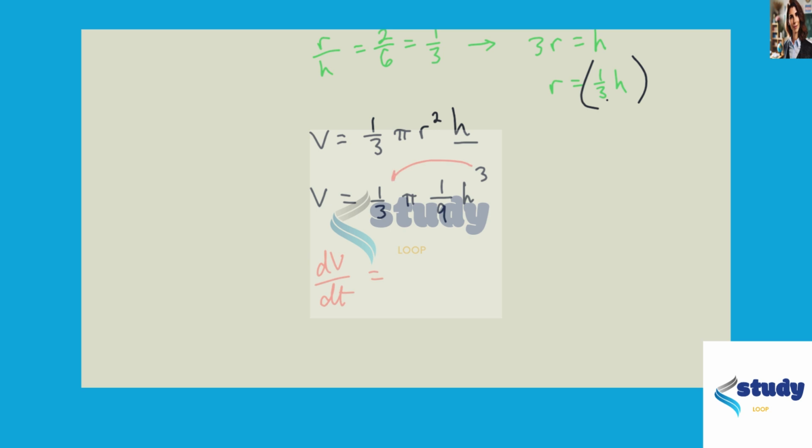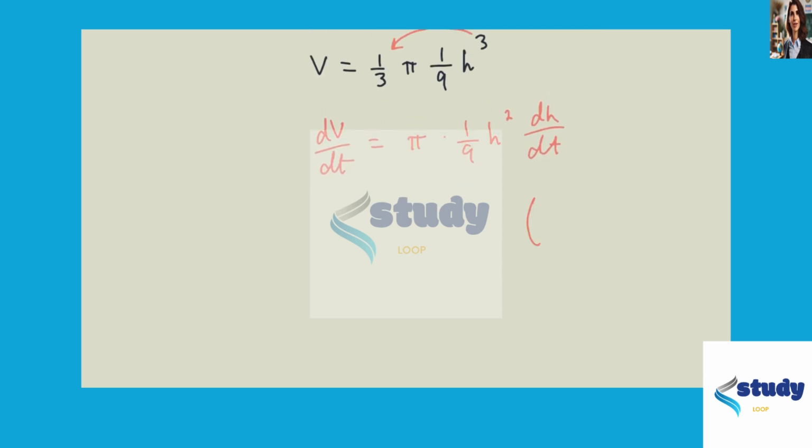And now I can take the derivative of this, where I multiply the exponent by the coefficient, and those cancel. dV/dt = 1/9 pi h squared dh/dt. And then we know that the water level is rising, so we know dh/dt is 20 when the height of the water is,